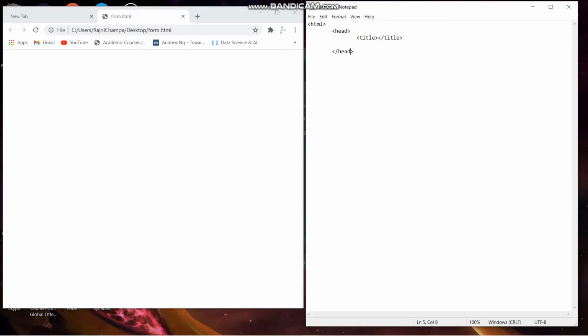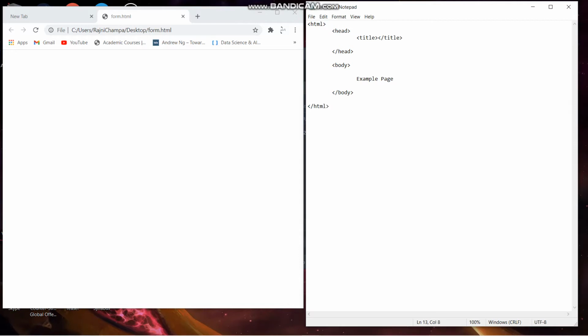Now I will start the body. Inside the body I will write example page. So here the action will take our form. Whenever we fill the form, the action will take us to here.